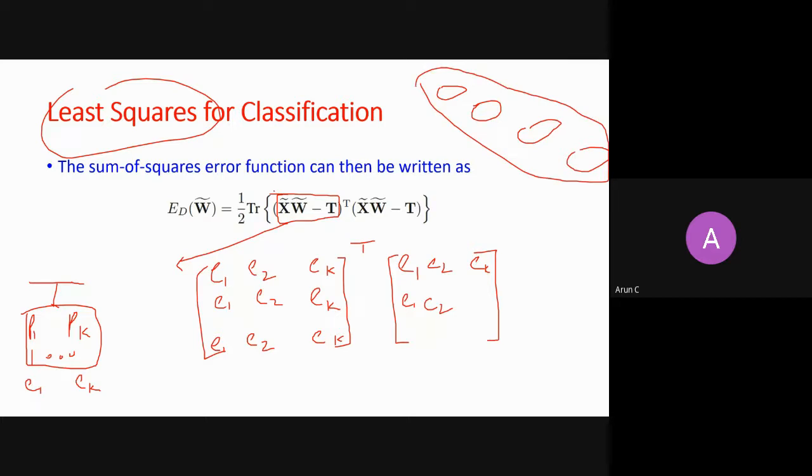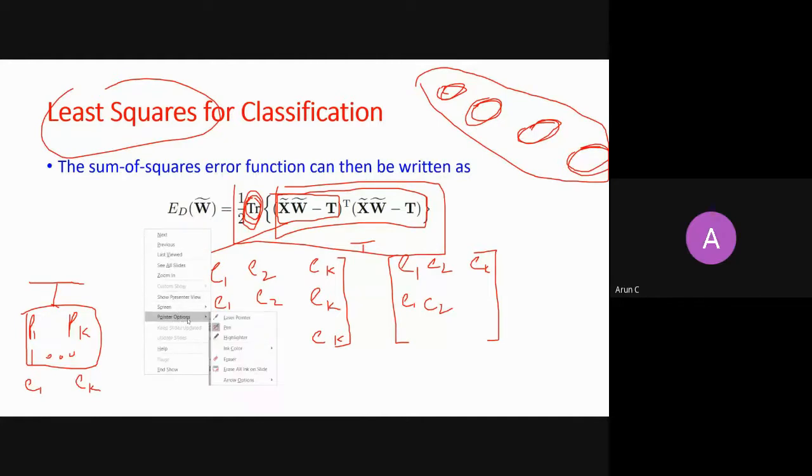So what you have done is taken the diagonal elements of this matrix. On the diagonal I will get, let's say, E1 square plus E2 square, E3 square plus E4 square, E5 square plus E6 square, E7 square plus E8 square. So you are just taking the diagonal elements and adding them. This is known as the trace. When you sum the diagonal elements, it is known as the trace, and it will give you the error. Is this clear to you guys? Yes, sir.